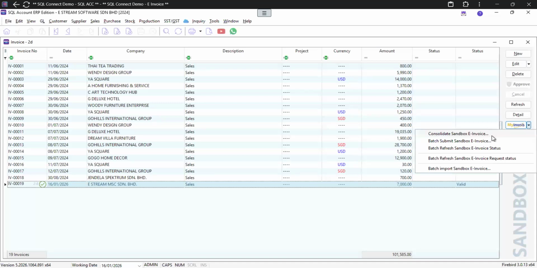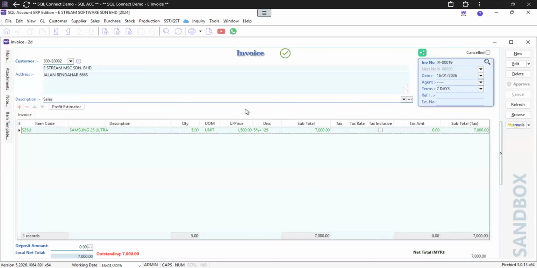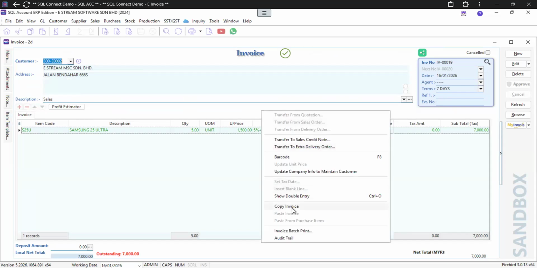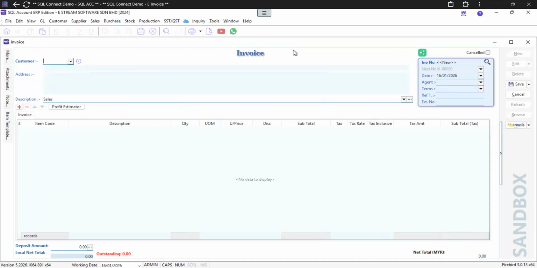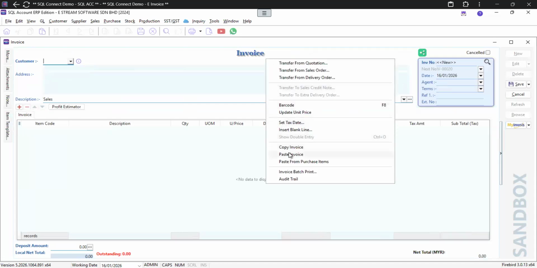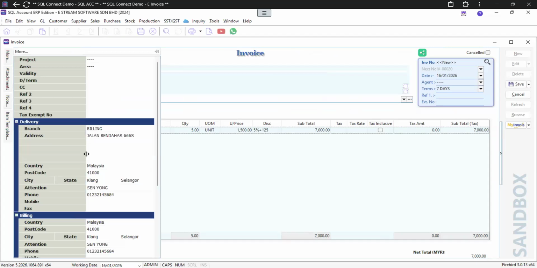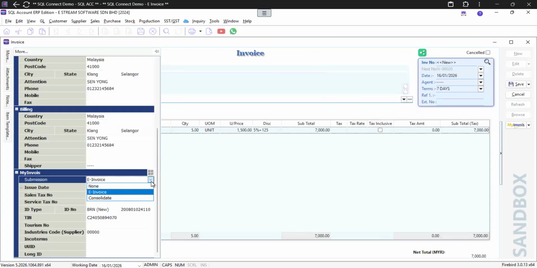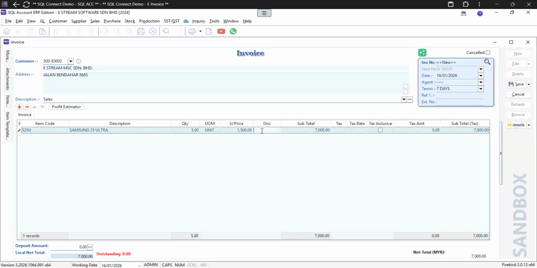So I will show you how to do consolidate. For example, I use back this invoice. Click new. Paste. Let me change this to consolidate. Consolidate, and then this one, general public. Let me show you something. If above 10K, just like I mentioned already, actually you cannot do submission. So when I click save,